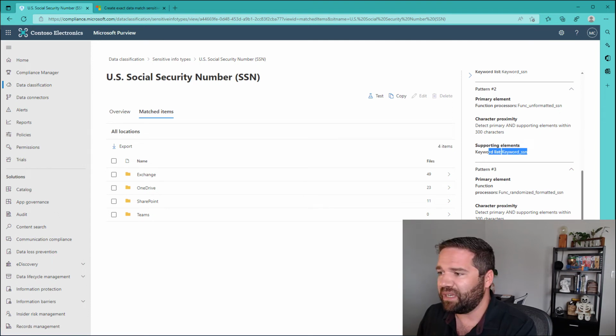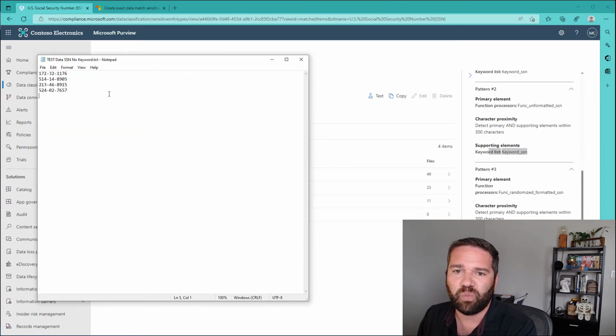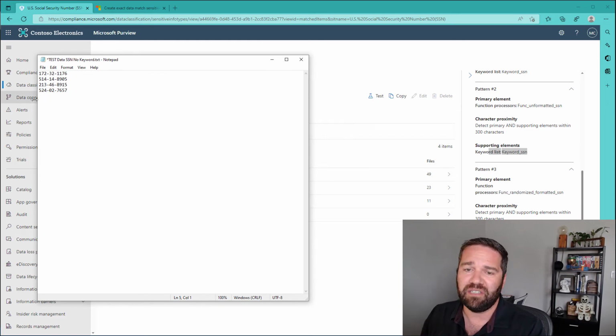But its real downside is that it doesn't work well when we have EDM, right? Because we want to check the database. We're using the database to do our more accurate thing. I don't need the keyword SSN in here to make this work. That's not the point of setting up EDM. So if you're running into that same issue with your MRNs or your social security numbers or any other data type where it's not hitting properly,